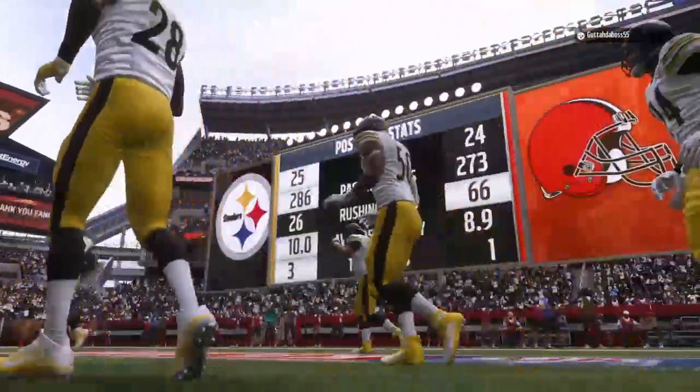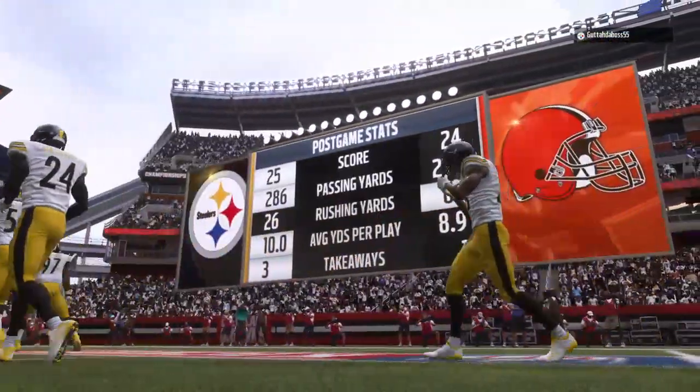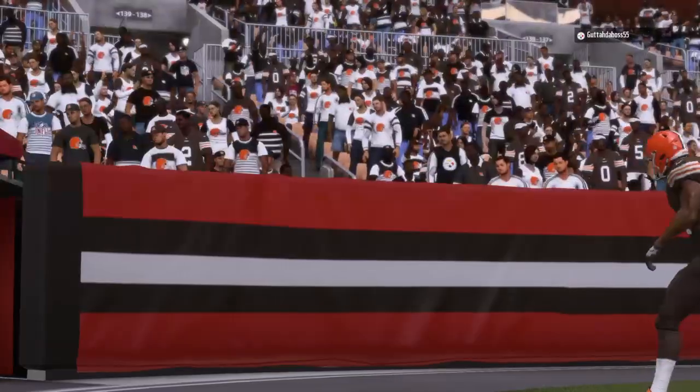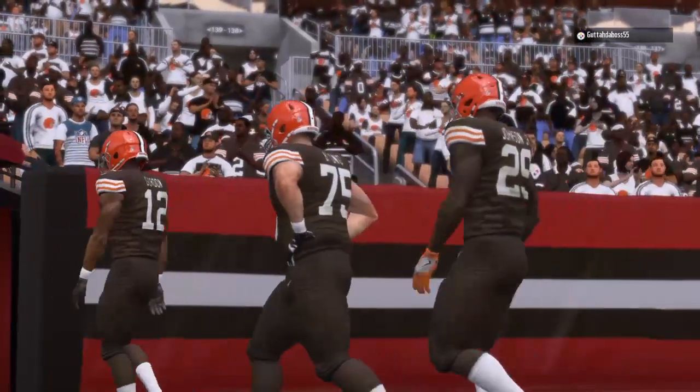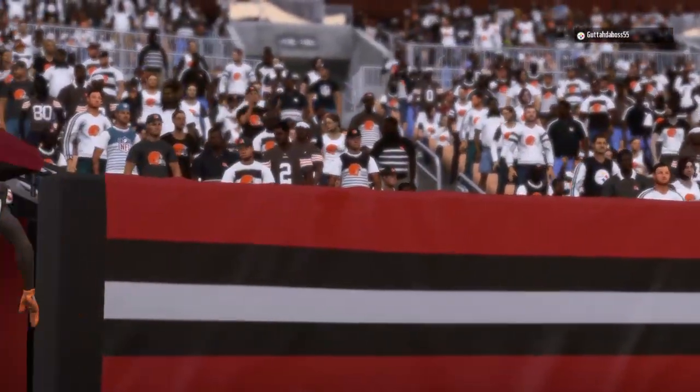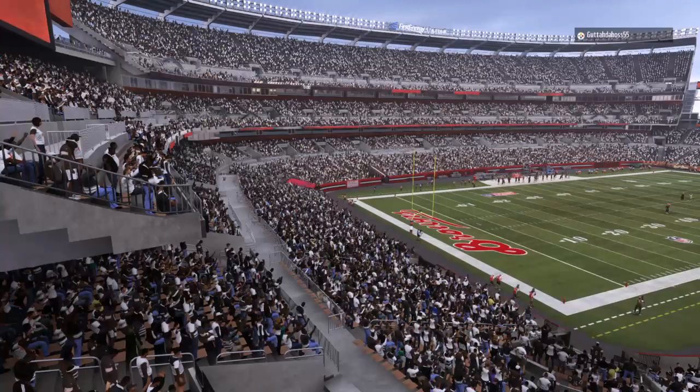So for Pittsburgh, they can breathe a sigh of relief as they're able to eke out the 1-point victory here in the opener. And they'll return home next week to take on the Kansas City Chiefs. Meanwhile, for Cleveland, they go down to defeat here in